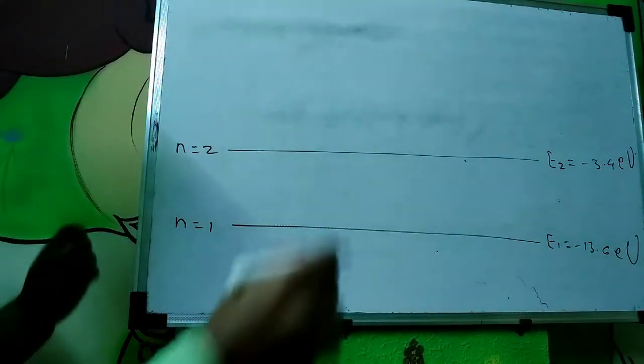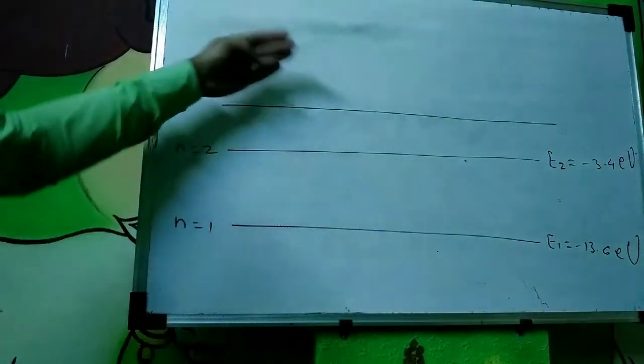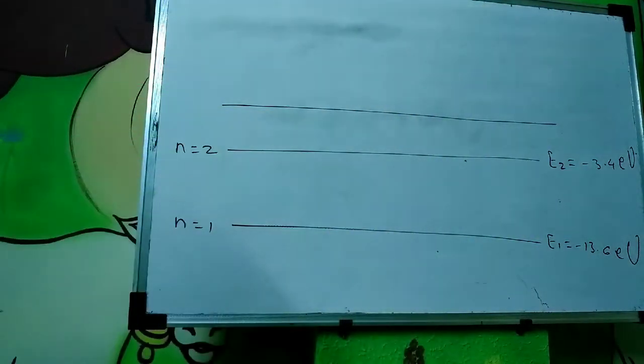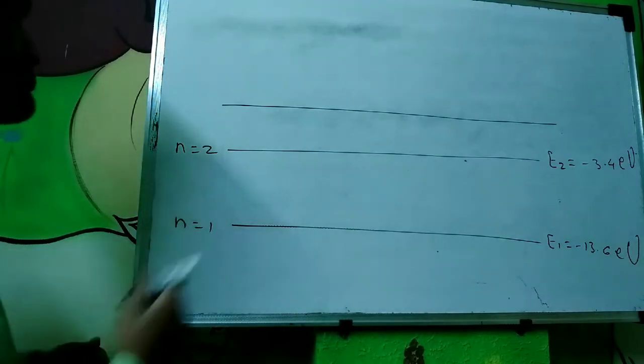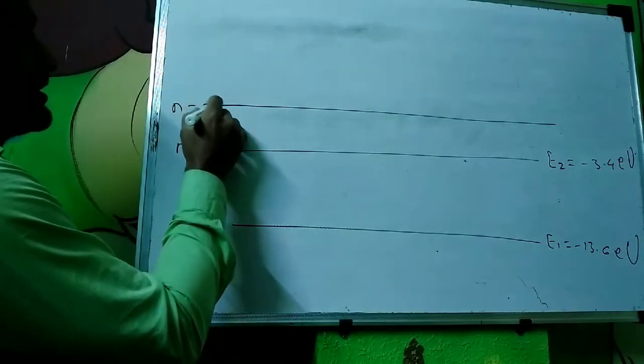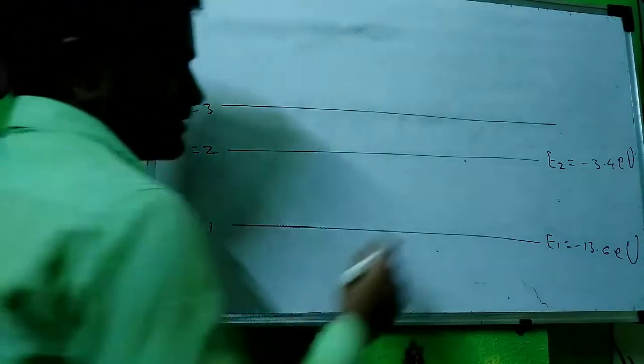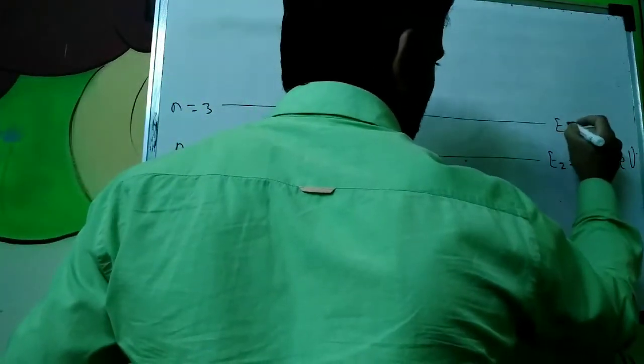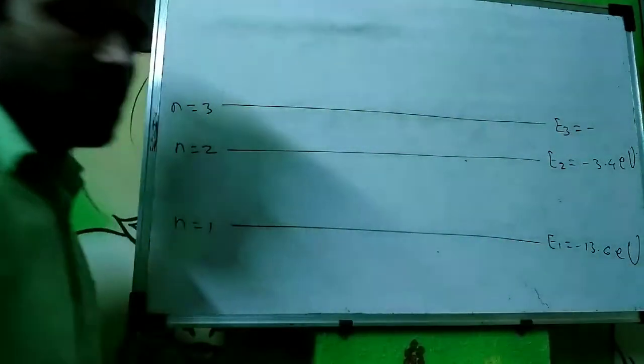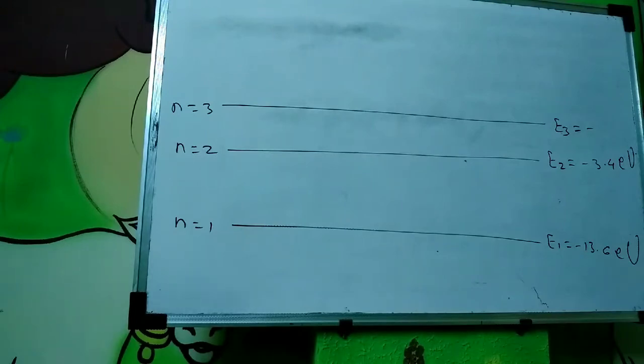Then that of the third orbit. So we are showing the orbits close to each other, because as we go away from the nucleus, the orbits seem to be close to each other. For the third orbit, we can write n is equal to 3. The energy of the third orbit is given by minus 1.5